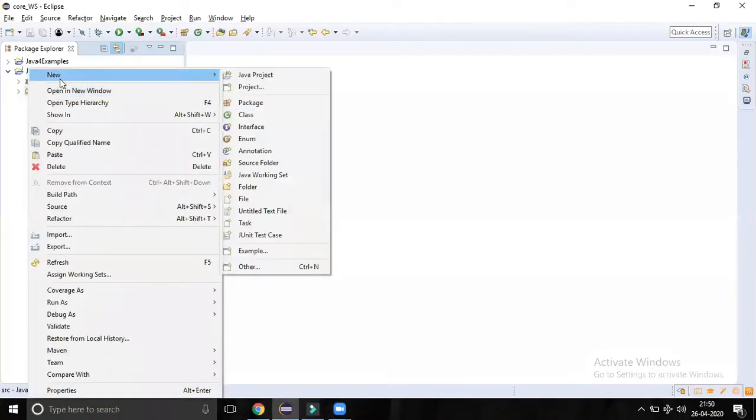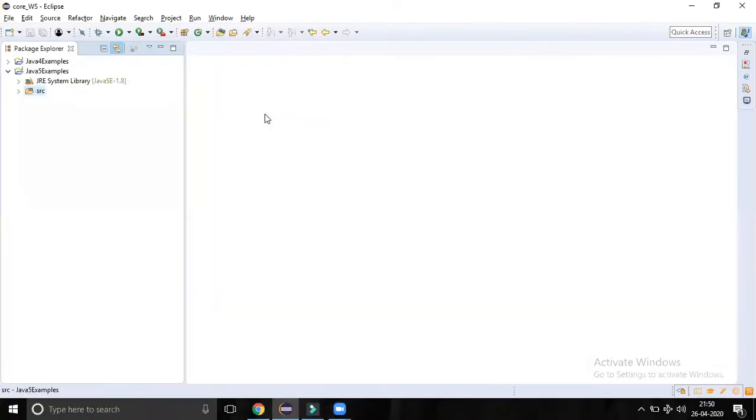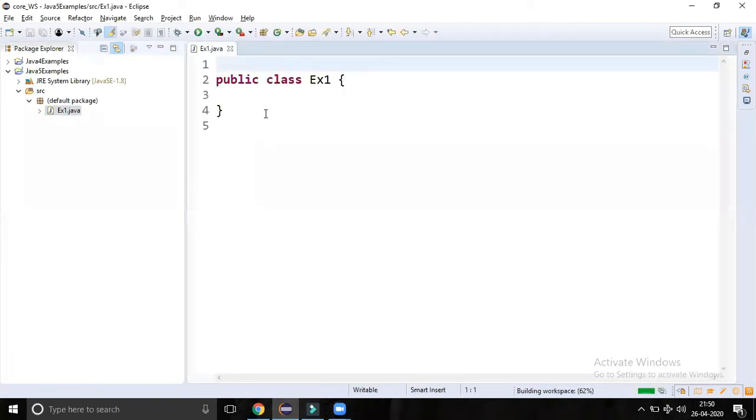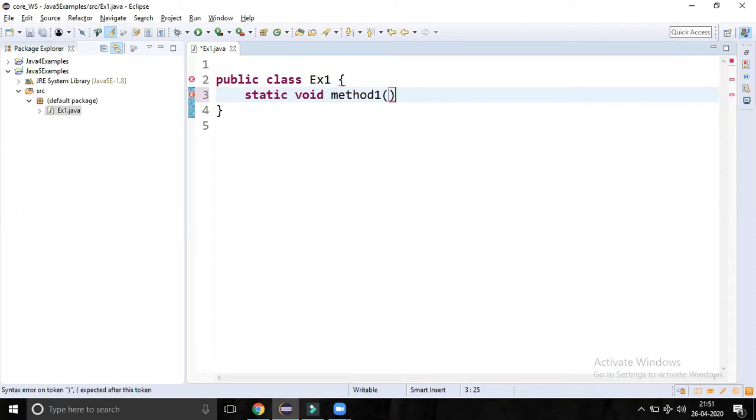Here we create a class called Example1, and inside this class let us create a static void method, method1, and the parameter I am defining as a variable argument, int dot dot dot and the variable name.